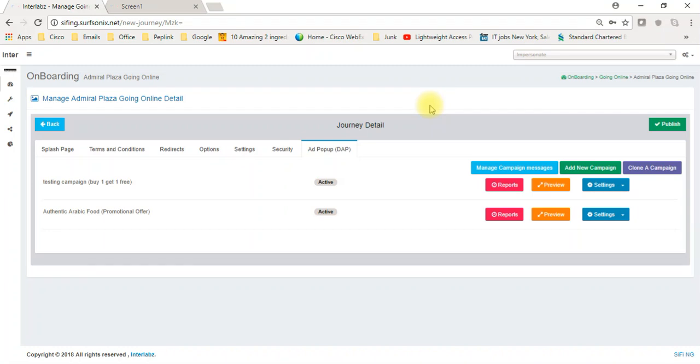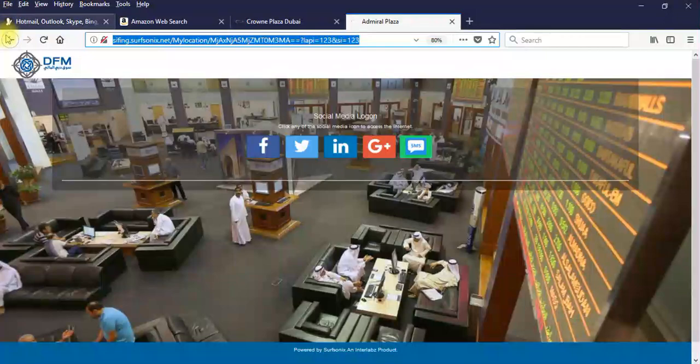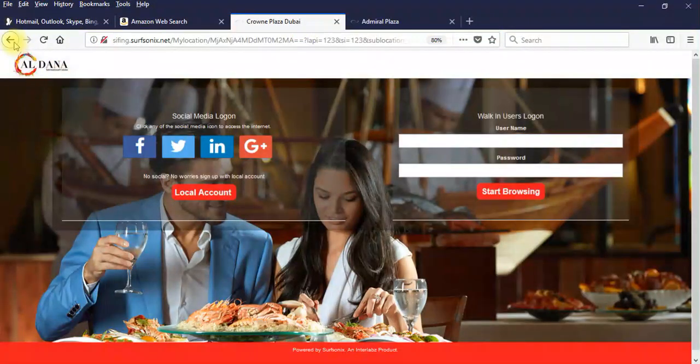Ad pop-up. Now we have the ad pop-up we call DAP, Dynamic Ad Protocol. Now the customer can do the marketing based on pre-engagement or post-engagement. Post-engagement can be done the way I showed you, like e-shots you can send, or you can do email marketing, for example. But if you want to do it based on pre-engagement, like the guest is there and you want to show them offers, whatever offers you're running, what you can do